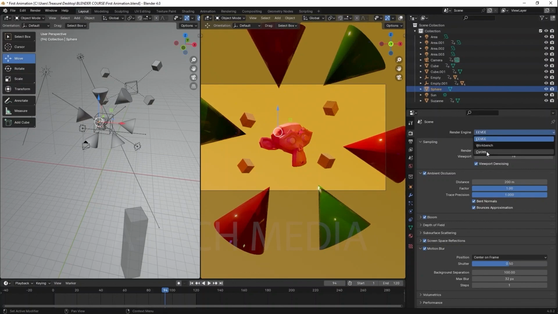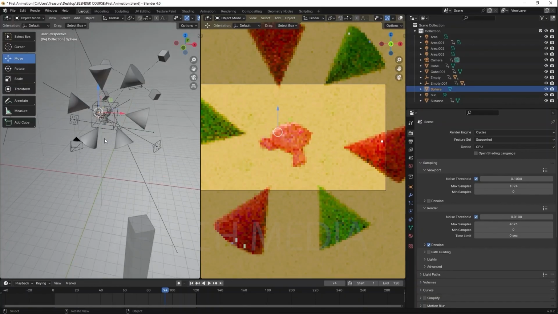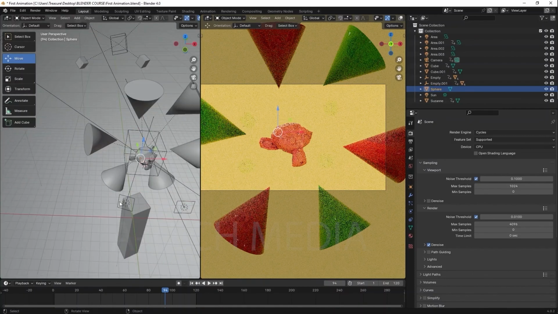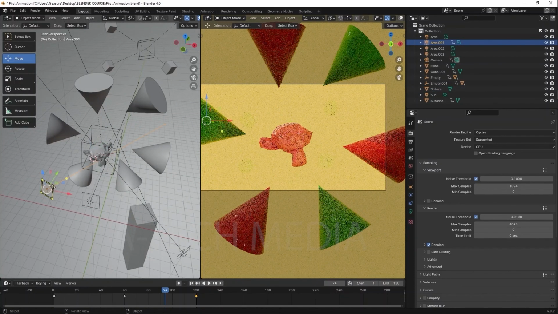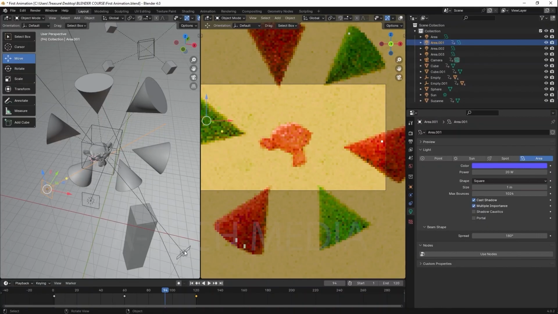If we switch over to Cycles, we'll notice that our render will be almost too bright. Why? Because Cycles requires less light than Eevee. So if you were to render this with Cycles, what you would do to get it looking decent is to just reduce the intensity of the light. It already looks decent, by the way, but you just want to make it look a lot more decent. So you will reduce the intensity of the lights, say maybe 20, and take this one here that is 300 to